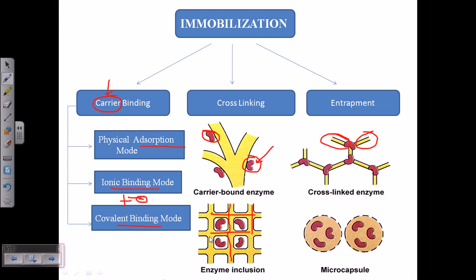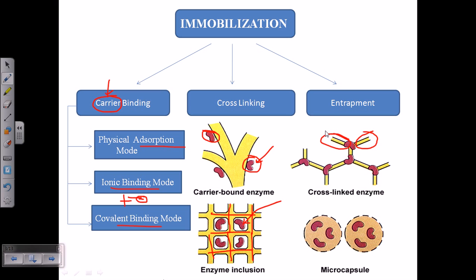So several kinds of agents can be used, such as cross-linking agents and other things like polystyrenes, or it can be starch, cellulose, and all these materials which will produce a polymerized network. And the network will have gaps between them. Into these gaps the enzymes can be entrapped, enzymes can be added and